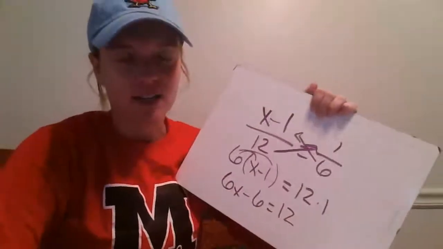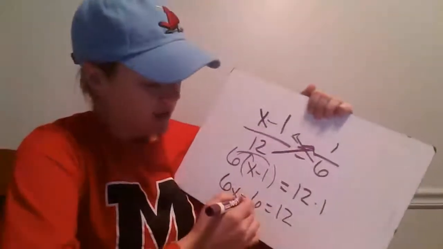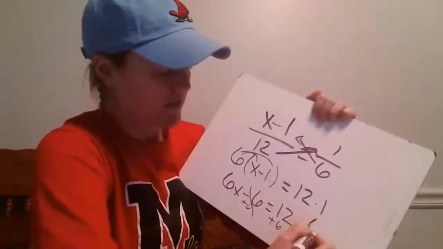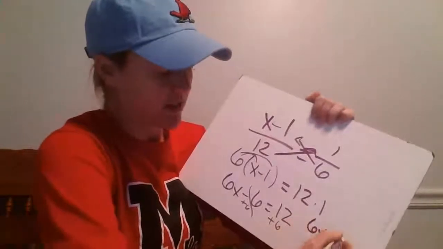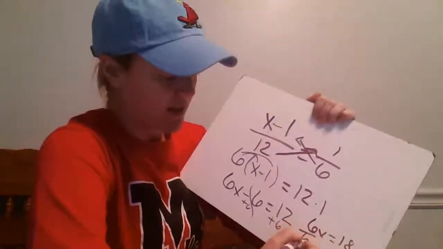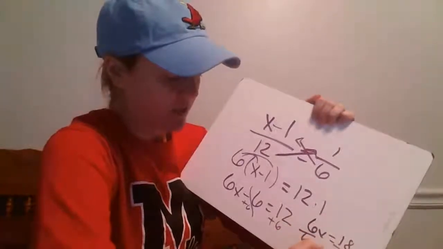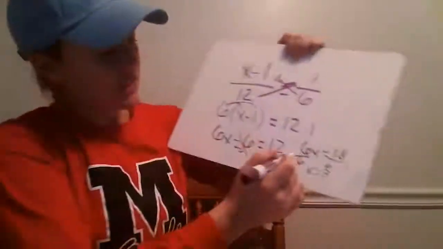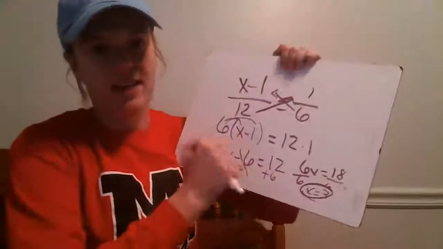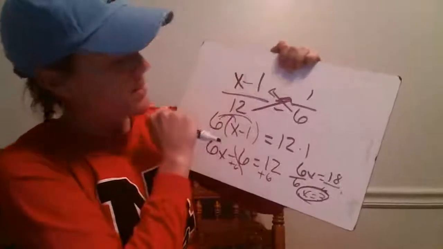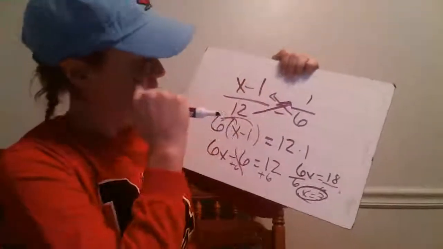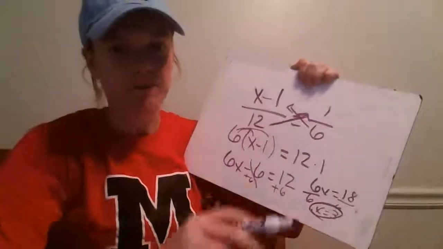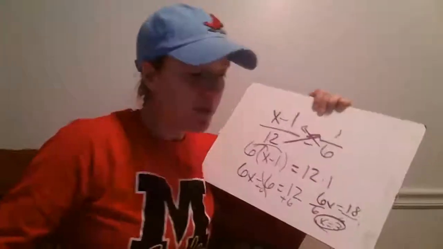Okay, once again, I need to get x by itself, right? So I'm going to add 6, cross it out, add 6. So I'm going to have 6x equals 12 plus 6 is 18. Divide by 6, x equals 3, okay? Once again, we could plug this back in. 3 minus 1 is 2. And then 2 over 12 reduces down to 1 over 6. Okay? All right. Then we're going to look at a couple more, then I'll let you guys start on